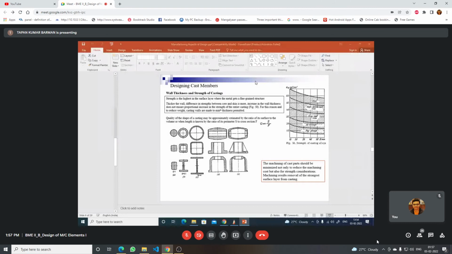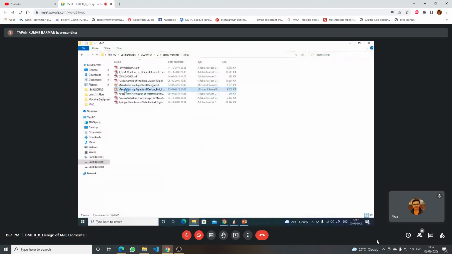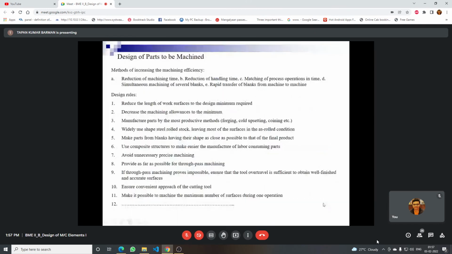Okay. Now coming to another one, machining operation. What are the rules here? The first rule for machining operation is to reduce the length of work surfaces to the design minimum required. So you have to consider at the design stage what the machining operation should be. It is milling, it is turning, it is shaping, like this. But for that machining operation, you have to try to reduce the length of the machining,